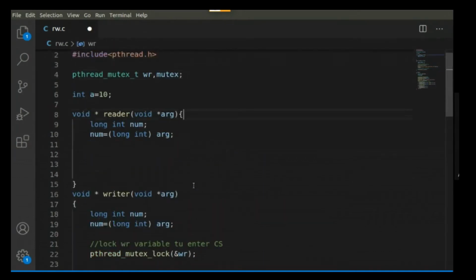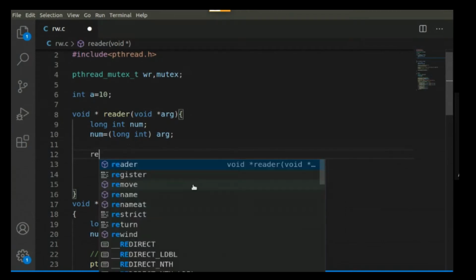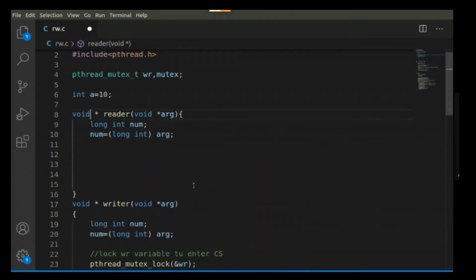Now let us try to write the reader's routine. When you are writing a reader's routine, the first thing you should do is take one more variable here, read count, READ_COUNT equals 0. This variable will keep track of the number of readers.